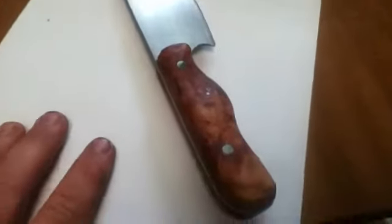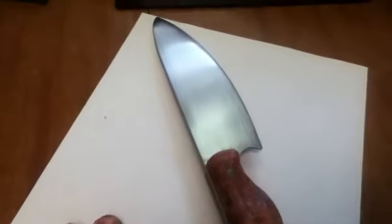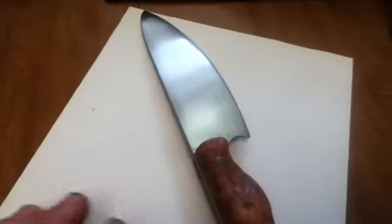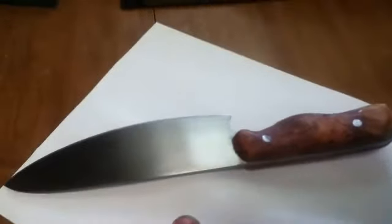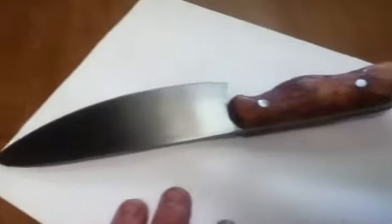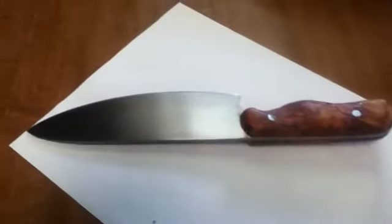I did a lot of work on this knife, and still, I can't believe the amount of perfection that a lot of these knife makers have. There are so many little things that can go wrong, and this thing is far from perfect, but I'm very proud of it for my first knife, and the quality is only going to get better from here. What we got is a 1080 plus steel,